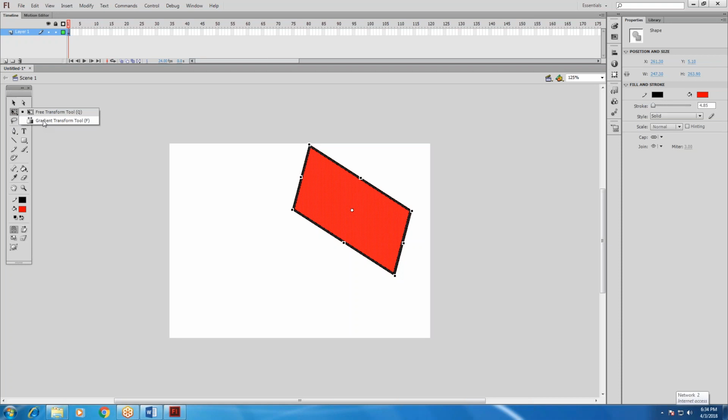The gradient option we'll explain later. Here is the 3D option, and this is the lasso tool.